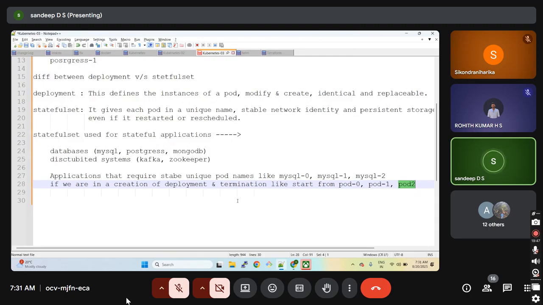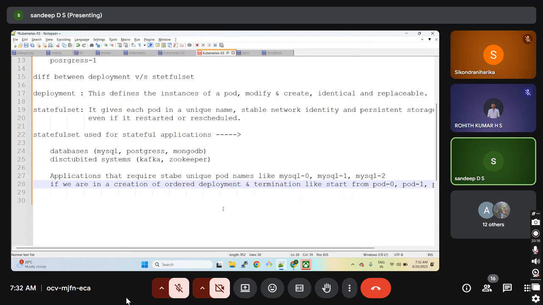So creation is an ordered deployment, and termination also goes pod 0, 1. Basically, the intention here is that when it is creating pods, it follows the order, and whenever it is terminating, it follows the order. That's the reason we prefer the